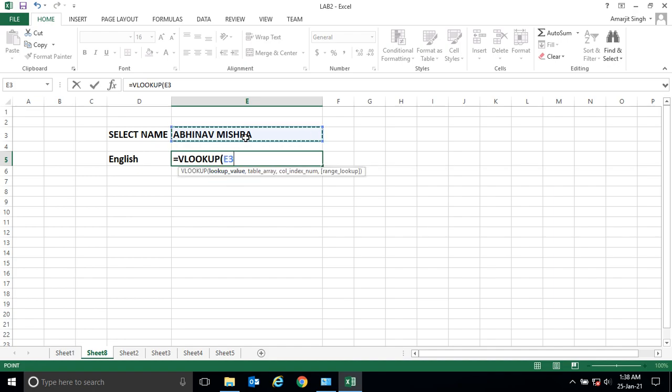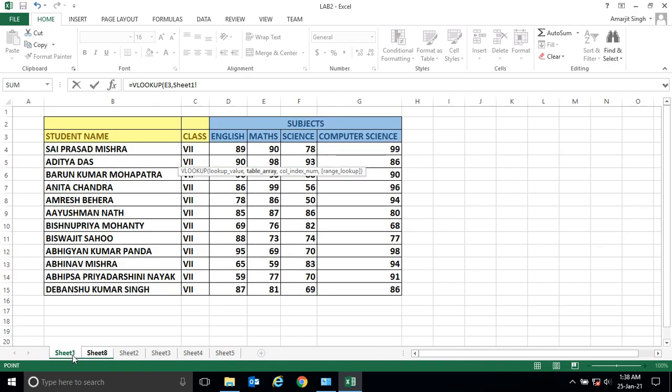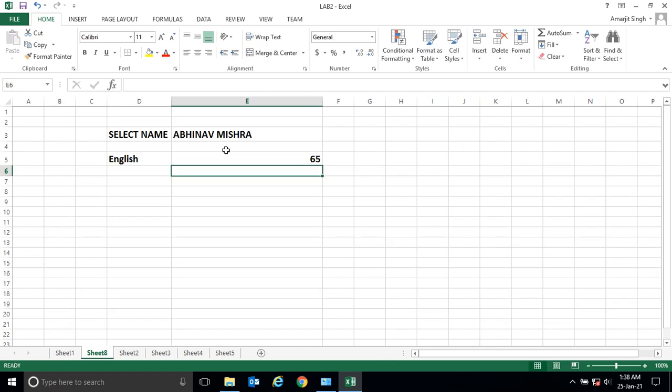The lookup value is the student name, then the table array is Sheet1, select the region. Now press F4 for absolute reference. Now put comma, then which column value you want, that is English, column 3: 1, 2 and 3. So let me write here 3. Now press comma and write FALSE and press Enter.